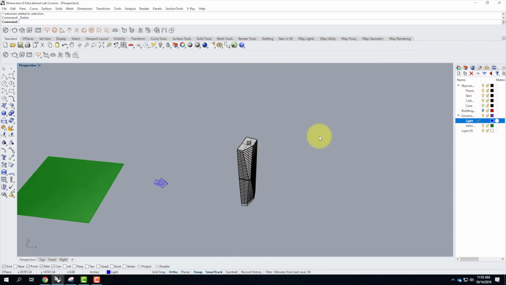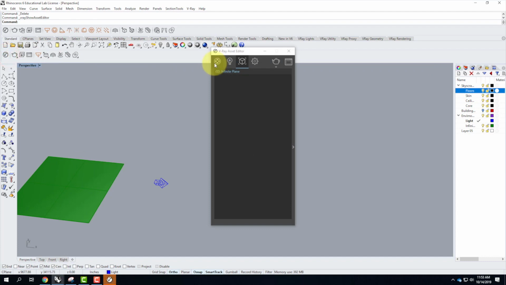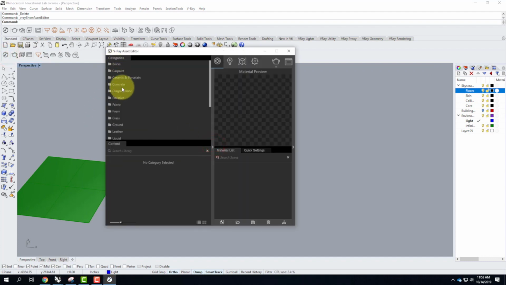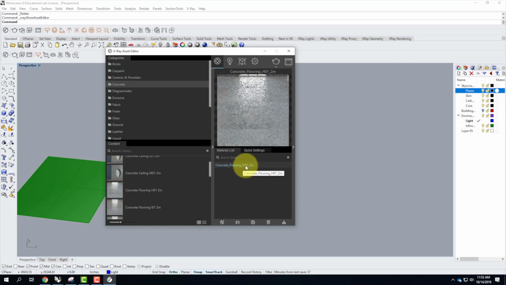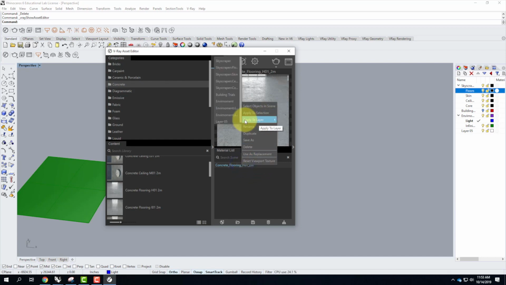Now it's time to work through some materials. So let's open the V-Ray Asset Editor here. I'm going to go to Materials. We'll expand out to the left. I'll look at concrete. Let's look at the concrete flooring here. So maybe I like that floor. We'll go ahead and drag it over into my materials list. There's the concrete floor there. I'm going to right-click on the concrete floor and say Apply Material to Layer, and it's going to be the Skyscraper Floors layer,